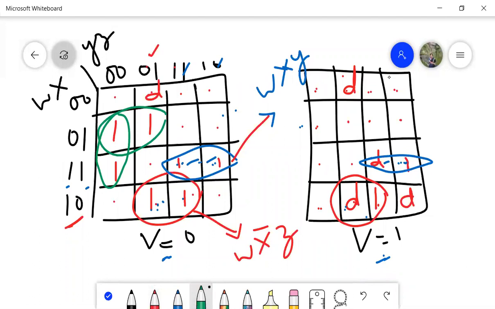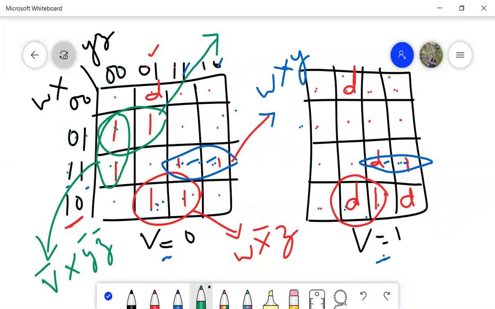Now come to the third one. In this one, let me take. This is in which one? This is there in V is equal to 0. So V is equal to 0 means V bar. Then these two pair, right? So 0 and 1 will get cancelled. What is left out? X will be left out. V bar X. Then what is this? It is related to 0 and 0. So Y bar and Z bar. This is over.